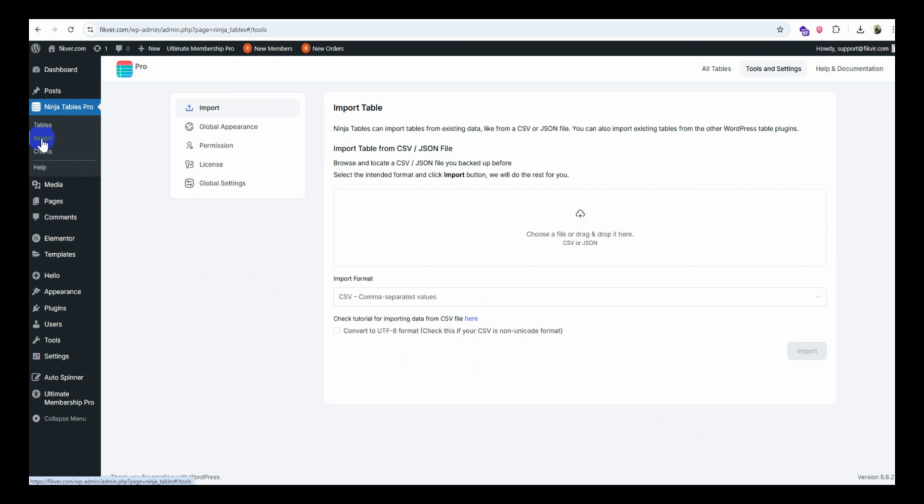3. Add data to table. You have 3 options. A. Manual table. Use the visual editor to add columns and rows manually. Click plus Add column to define headers. Click